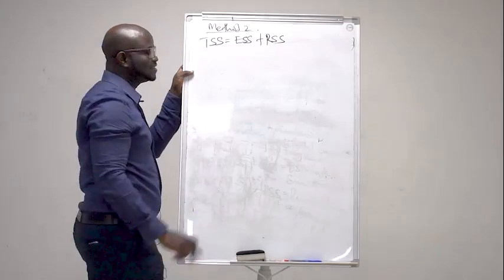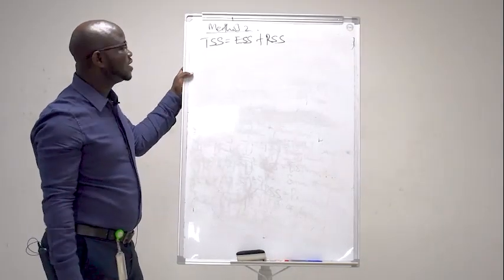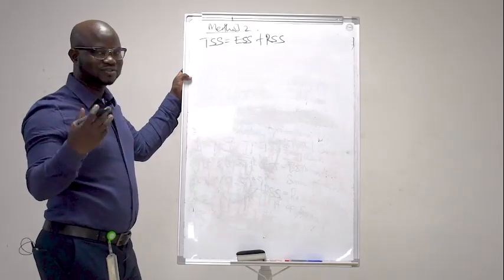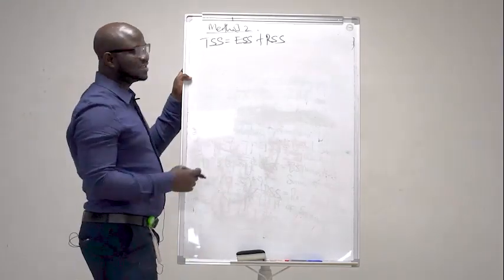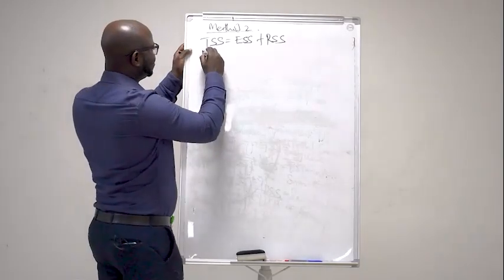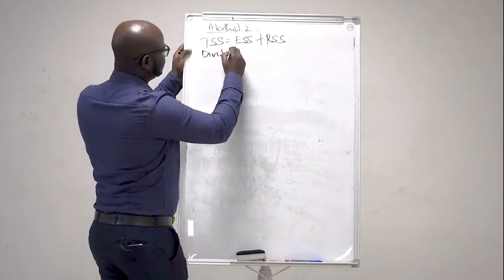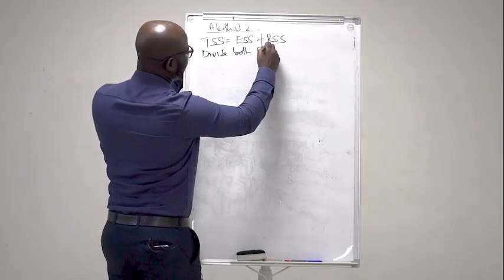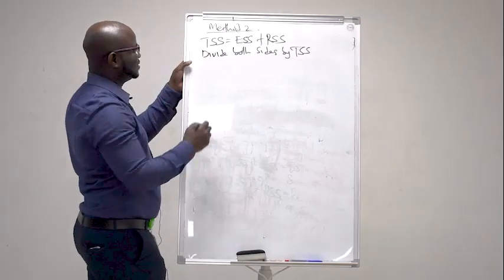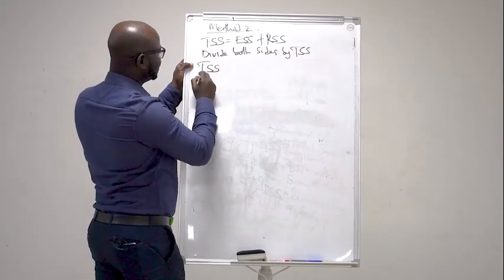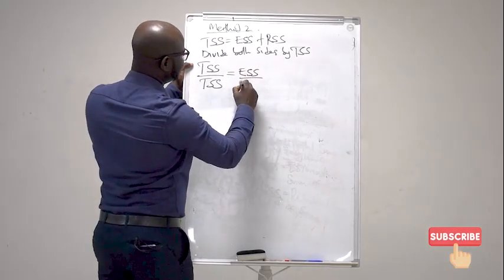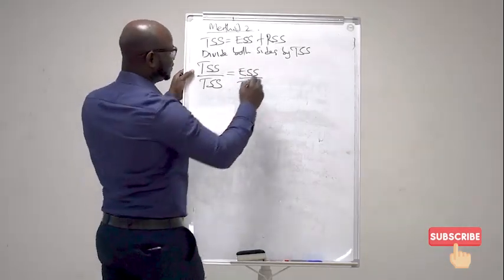The TSS is the total sum of squares, and it is equal to the estimated sum of squares plus the residual sum of squares, right? So to get the R square here, divide all by TSS, right? So we have TSS divided by TSS will be equal to ESS divided by TSS